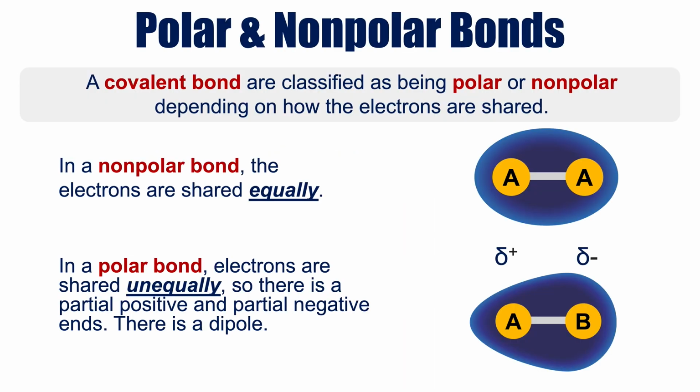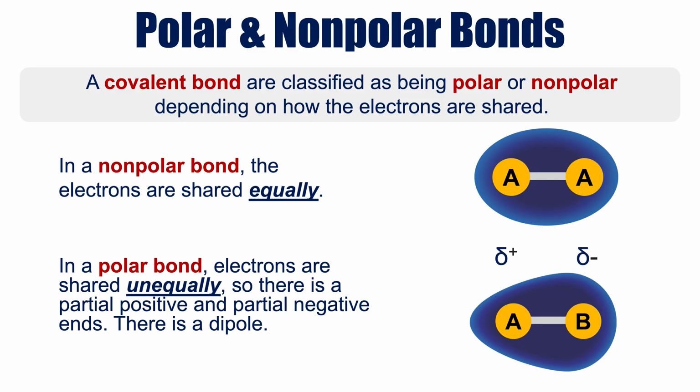In this lesson, we're going to look at how you can identify whether a molecule is polar or nonpolar. What we know is that a covalent bond is formed when elements share electrons back and forth. We can further classify a covalent bond as being either polar covalent or nonpolar covalent depending on how the electrons